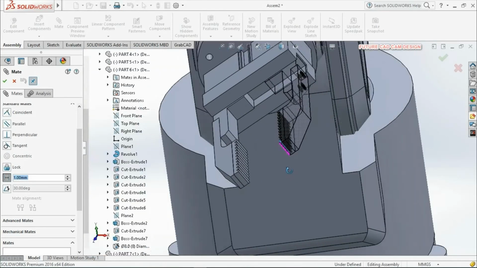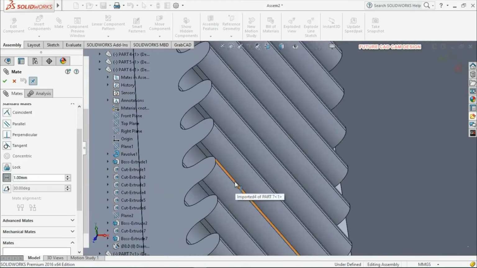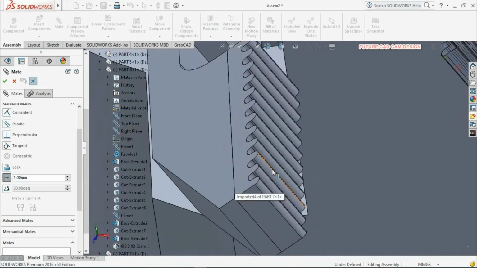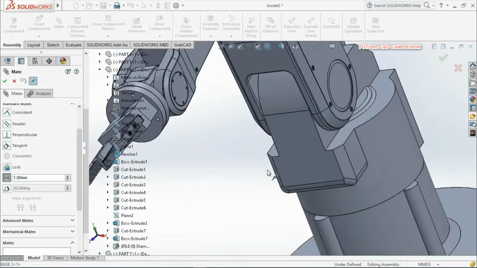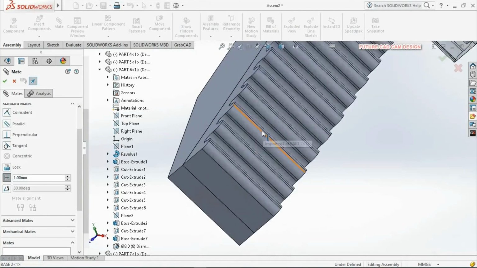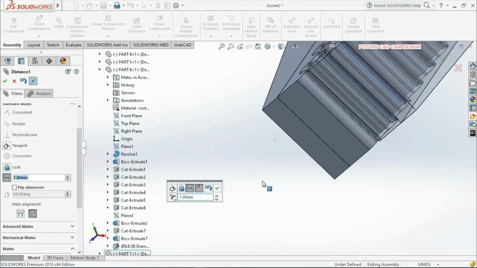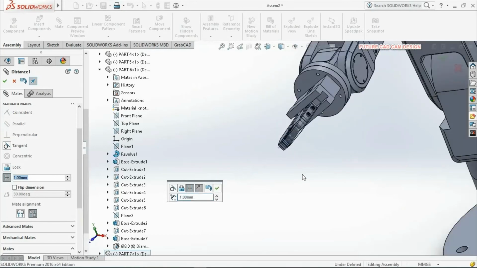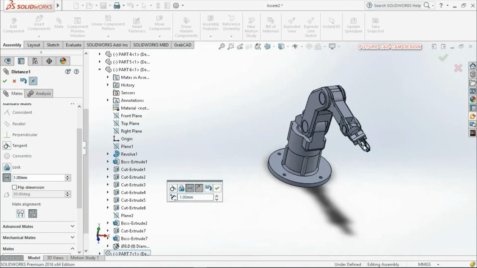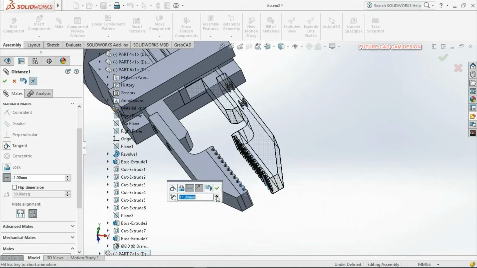So here one gripper and one more edge in the other gripper. You can see after giving the distance constraint my distance is given as 1.